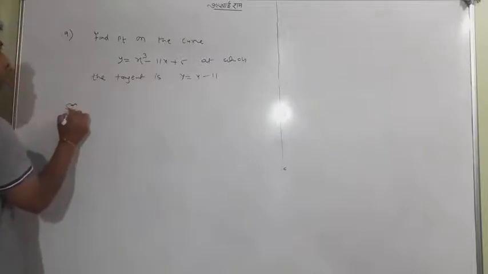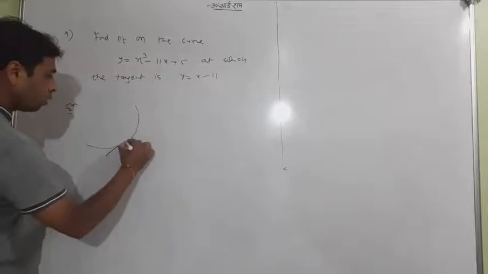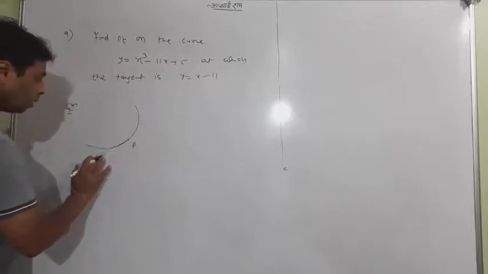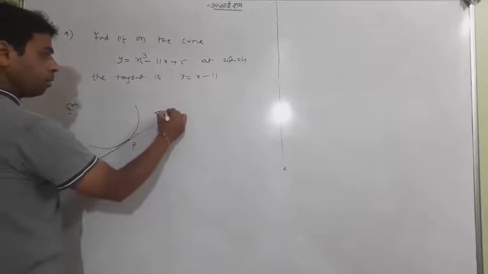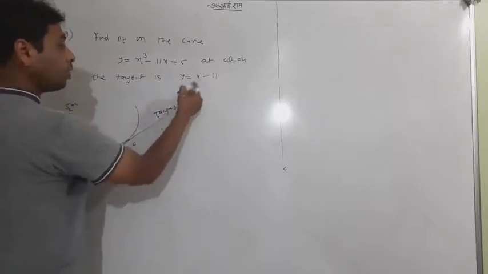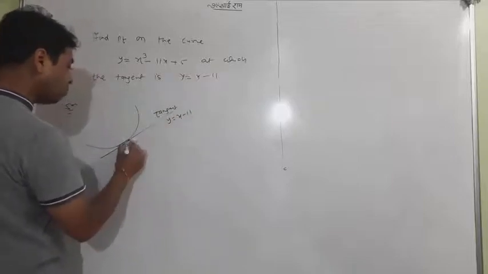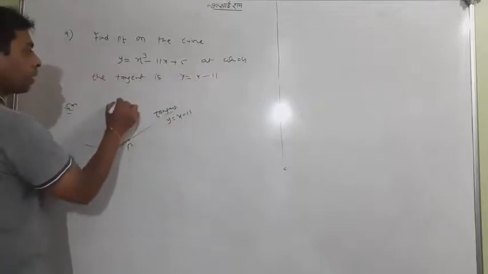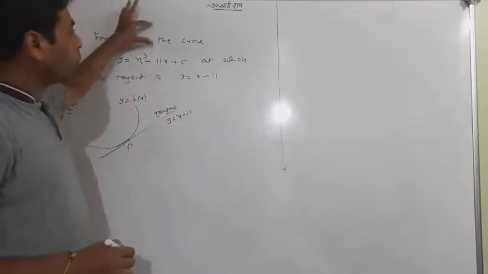In this question, student, this is a curve. This is a point, this is the tangent. And the tangent equation is already given. It is very rare that they give it, but okay, and this is my function. What is coming to your mind? Find the point on the curve.